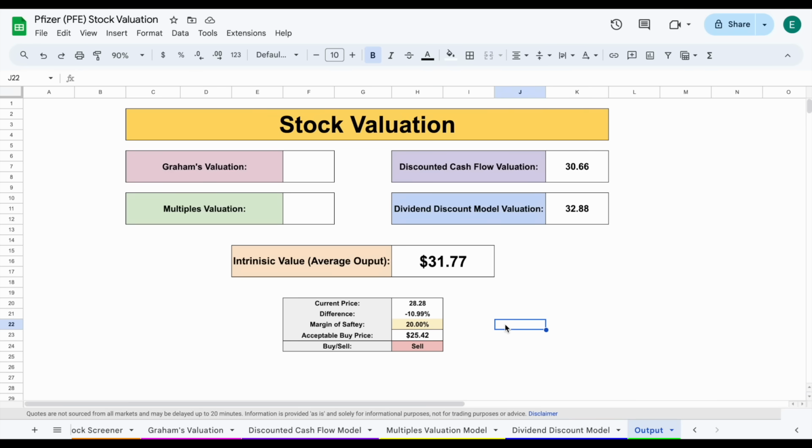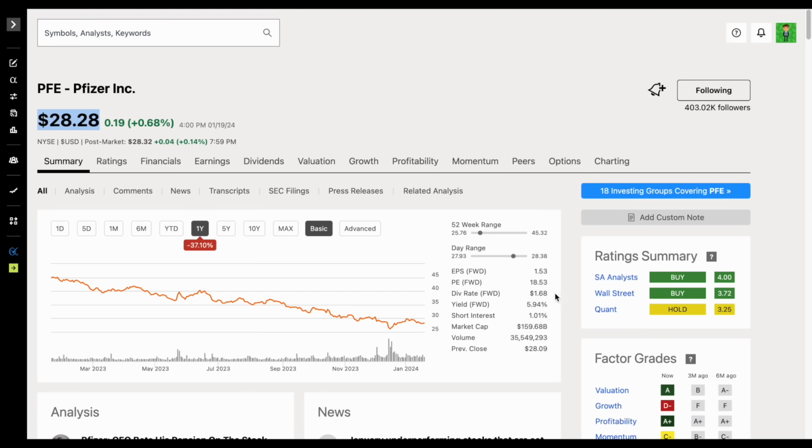But again, let me be perfectly clear. The path to revenue, earnings, and free cash flow growth for this company is not very clear, and it's definitely not guaranteed. If Pfizer struggles to grow their free cash flow, then those dividend payments are definitely at risk. And so while that dividend yield of around 6% definitely looks juicy right now, keep in mind that is a fairly risky dividend. And I think this is a great example of a company that Warren Buffett would call a